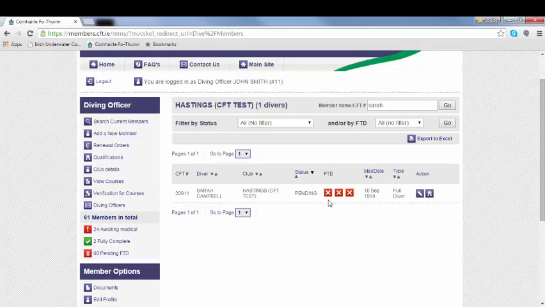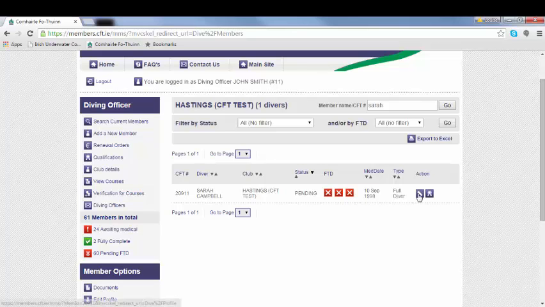The water fitness test is up to the diving officer to complete within the club and to sign off each person that they are water fit. The online medical disclaimer is up to Sarah to complete herself through her own online membership account. And the third box is the GP medical, of which Sarah is responsible for showing you the date of her last medical, and you are responsible for putting this up online. The system will then keep track of these and will email Sarah when her GP medical is due next time.